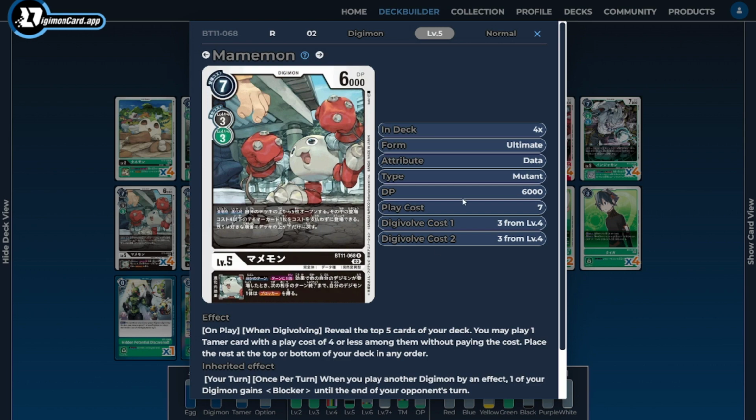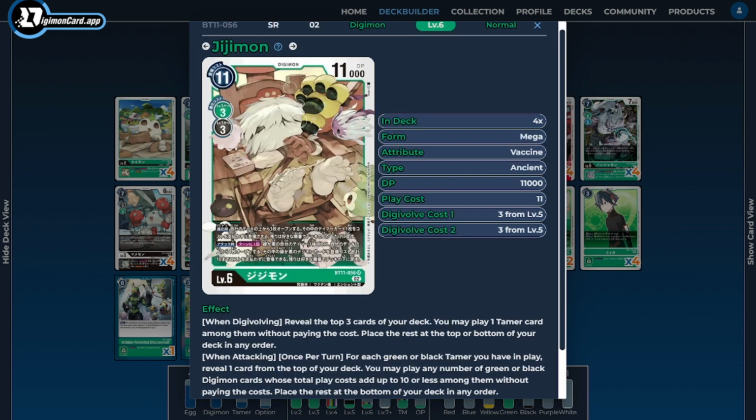Next, on to the Megas, I'm going to be running 4 copies of Jijimon. So Jijimon is going to be the main Mega of the deck, just because he's another card that allows us to play our cards as easily and effectively as we possibly can. So just digivolving up into him allows us to try to help play some of our tamers, and he really wants a wide field of tamers to pair up with his when attacking ability, because for each of the tamers that we have in play, we get to reveal the top card of our deck and then play any number of green or black Digimon whose total play cost adds up to 10 or less, and play them for free,